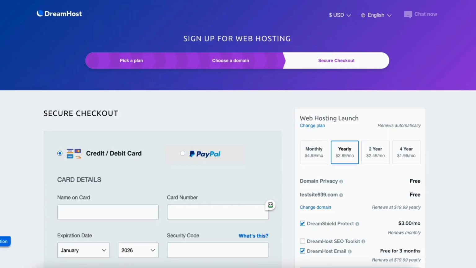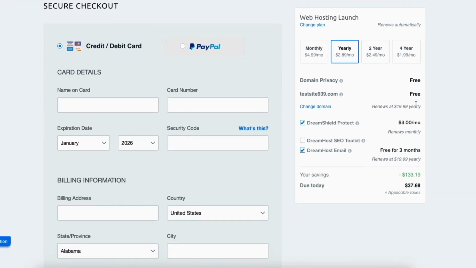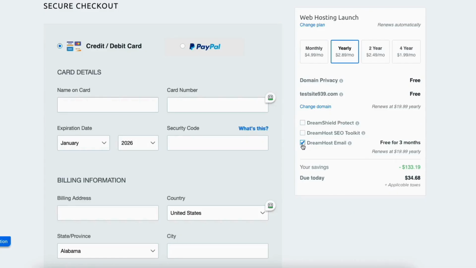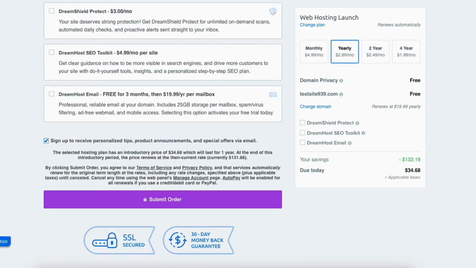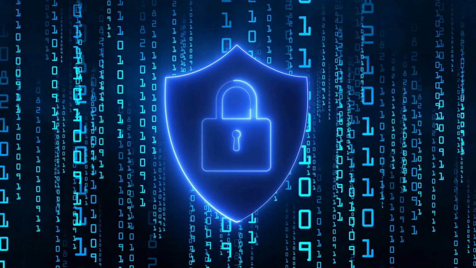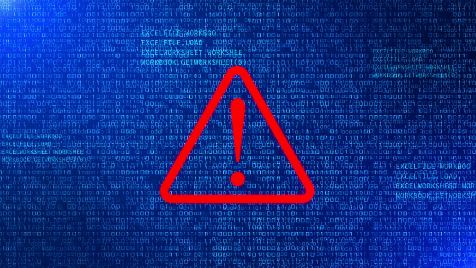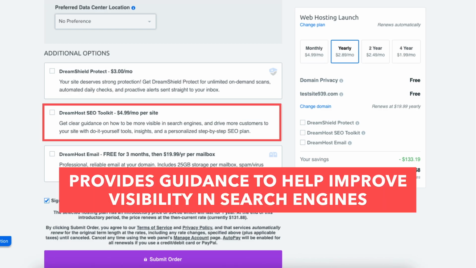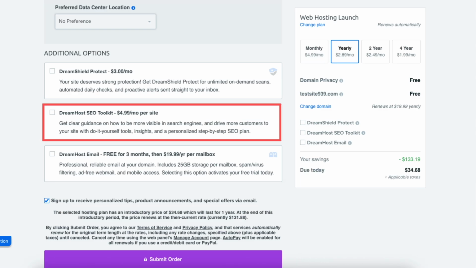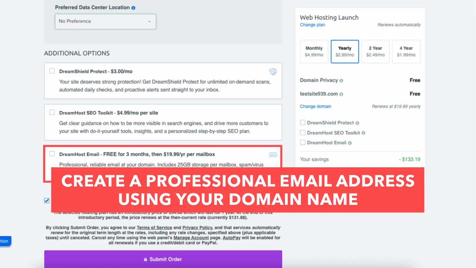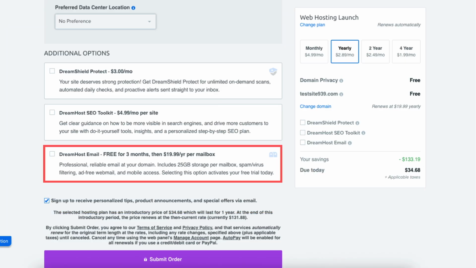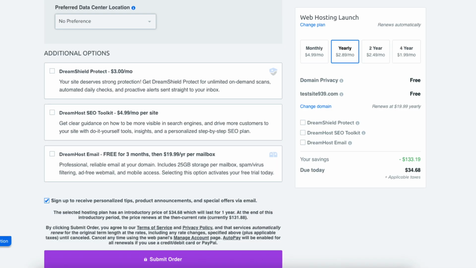You also see a few optional add-ons here. None of these are required to build your website today, and you can always add them later if you want. I'll quickly explain what they do. DreamShield Protect scans your website for malware and security issues and notifies you if anything is found. SEO Toolkit provides guidance to help improve your website's visibility in search engines. DreamHost Email lets you create a professional email address using your domain name. Again, all these are optional, so I'm going to leave them unchecked for now so we can move forward and